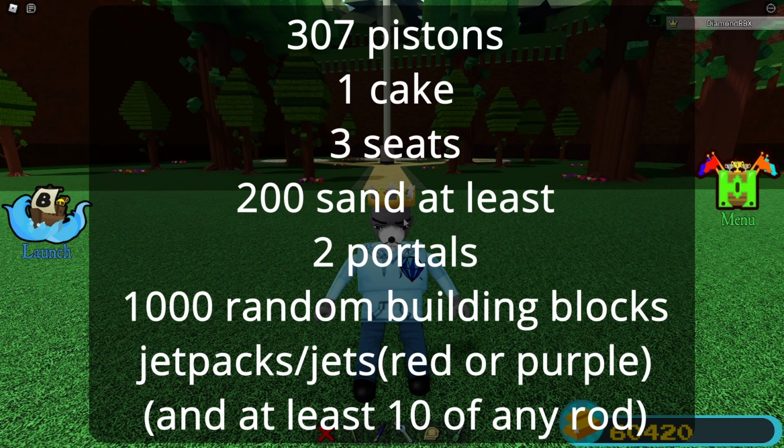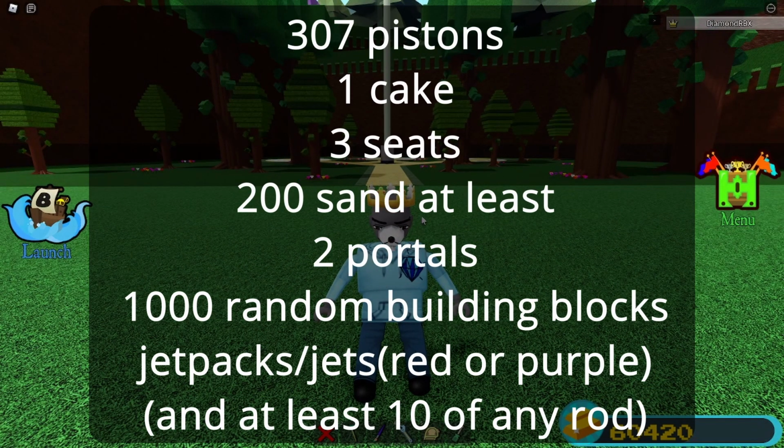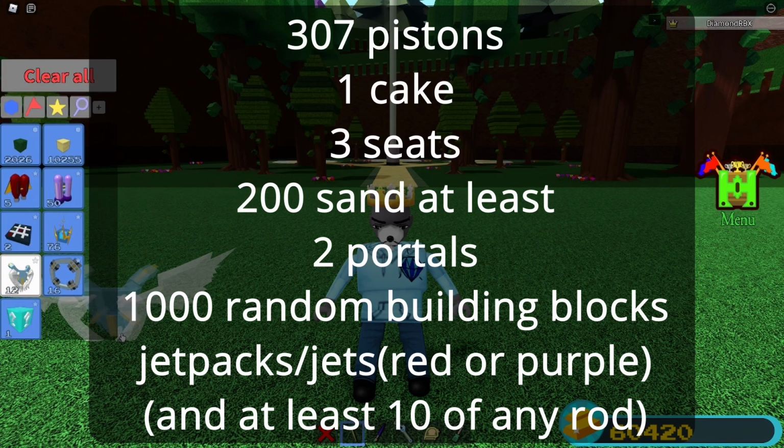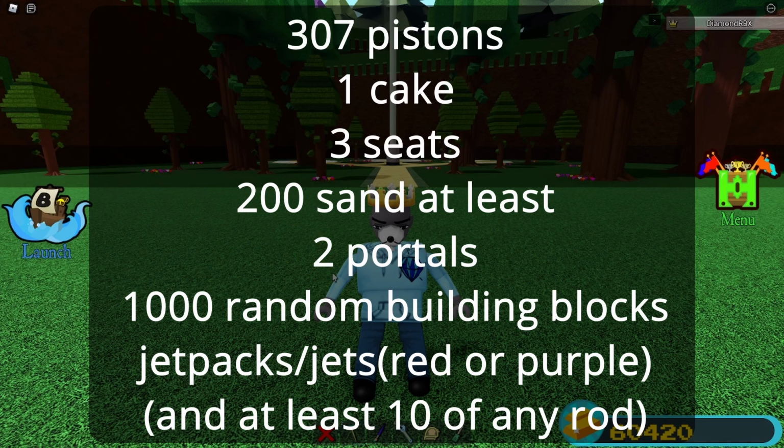The parts you'll be needing are about 307 pistons, a cake, 3 seats, probably more, 200 sand at least, obviously you can have more, 2 portals, and 1,000 random building blocks. I mean, that's just rounded up, you might need less. You need jetpacks or jets. By jetpacks, I mean the wing ones, because those can have infinite height. And jets as in, you know, just